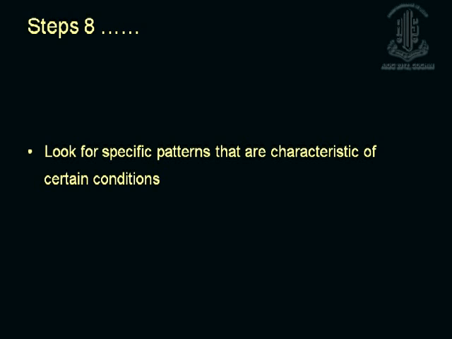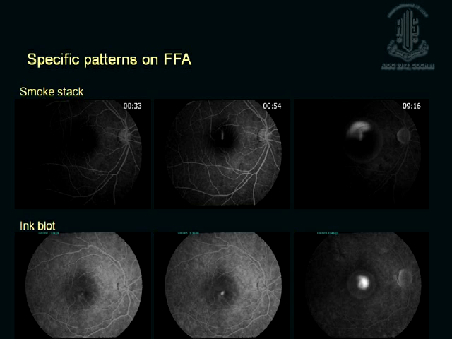This is probably one of the most important ways in which most of us diagnose an angiogram. This is what is called pattern recognition. What it essentially means is you have seen that pattern previously in a different patient, book or atlas or wherever, and you're seeing the same thing in your case, and you come to a conclusion. To give a simple example, this is what we call a smokestack appearance. You have a dot of hyperfluorescence which ascends and gives you sort of an umbrella-shaped thing in the late phase. This is a particular pattern which is very specific for a certain condition.